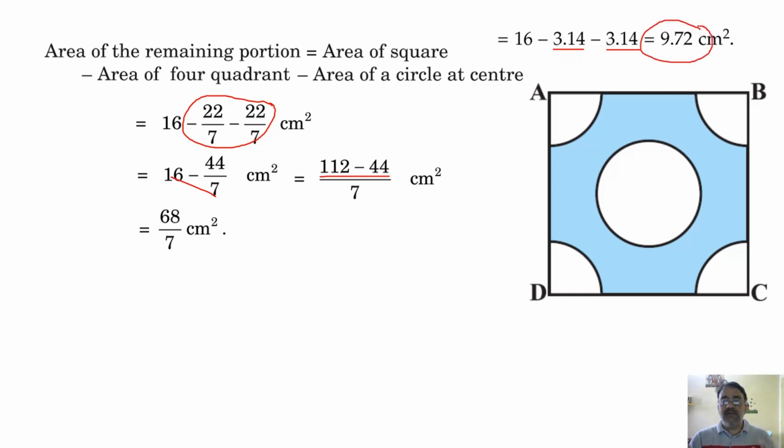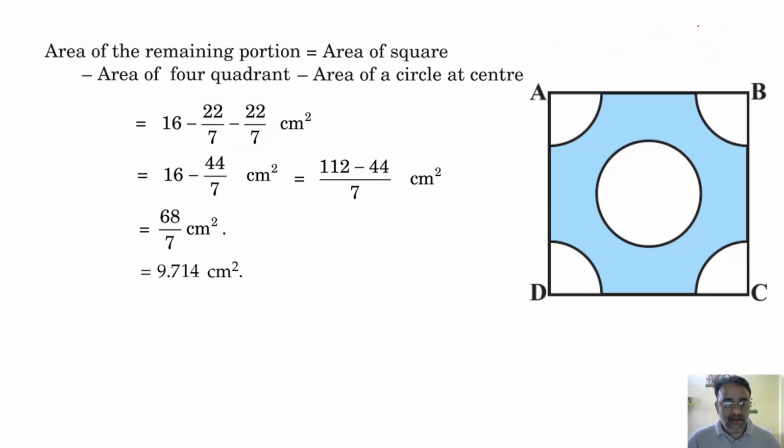If 3.14 is given in the question then we have to take this one. But in this question 3.14 is not given. But once in an exam a question came in which 3.14 was given. So while substituting the value of pi you have to be very careful about whether the value of pi is given or not. If not given, you have to take 22 by 7. If the value is given, that value you have to take. Okay, so for now here we are getting 9.714. Okay, so this is the answer. Any doubt?